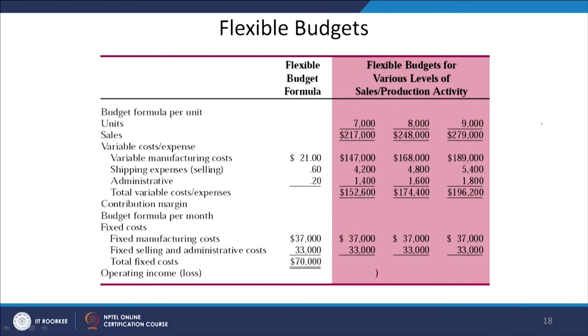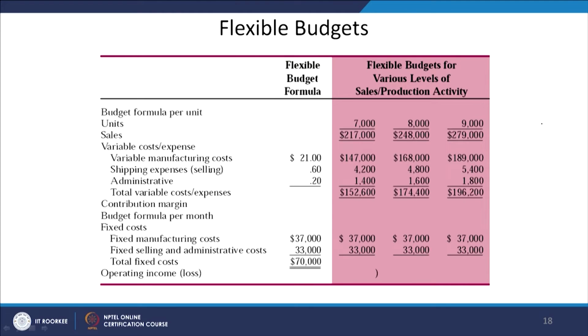So, because of this major limitation of the master budget or the static budget, we will have to go for the flexible budget. Now, the flexible budget is the solution to this kind of problem. In the flexible budget, we are creating a budget like this, right. So, we have done the budgeting process for 3 levels, and if you look at this,